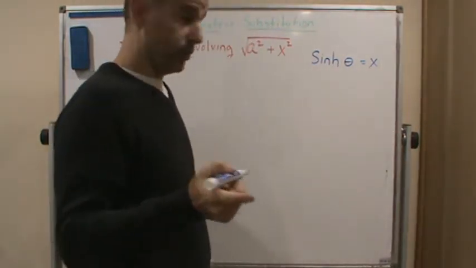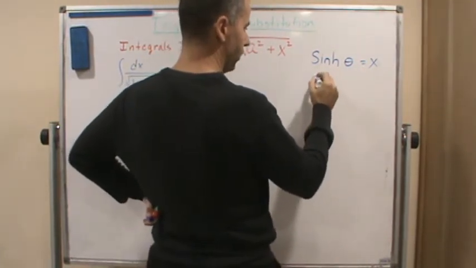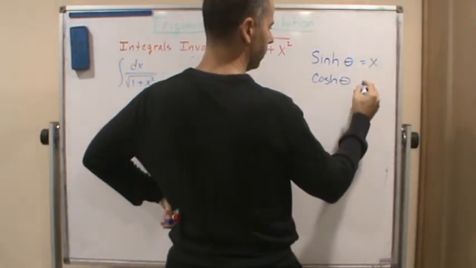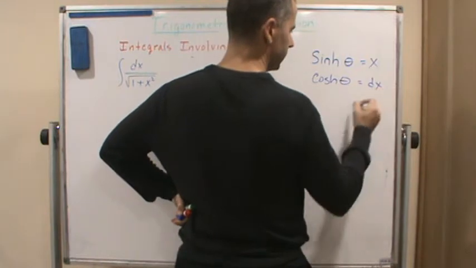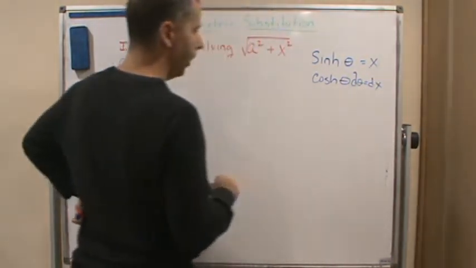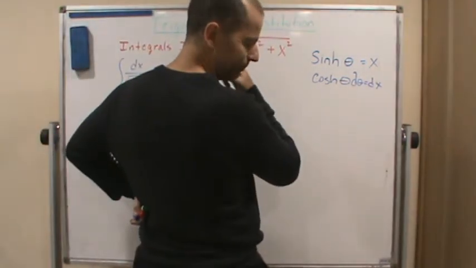We also know that the derivative of hyperbolic sine is hyperbolic cosine. So then we know that cosh is equal to dx d theta. But we also have an identity, right? So we know that